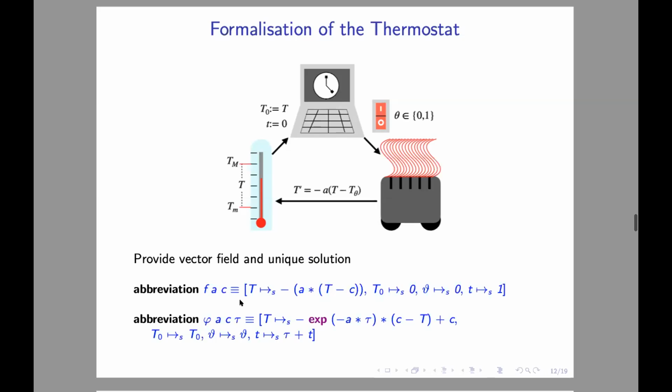Now, for the differential equations, you can see here that Lenses provide us a nice syntax so that we can almost copy the differential equation written in LaTeX and use it as the defining equation in Isabelle/HOL, where before we had to use some lambdas and notation that polluted our interaction. And in order to prove that the thermostat behaves as we desire, we need to supply the solution to the differential equation. And again, notice here that we are using an exponential, a transcendental function. Even though we do not have diamond operators like in differential dynamic logic, we are still able to express